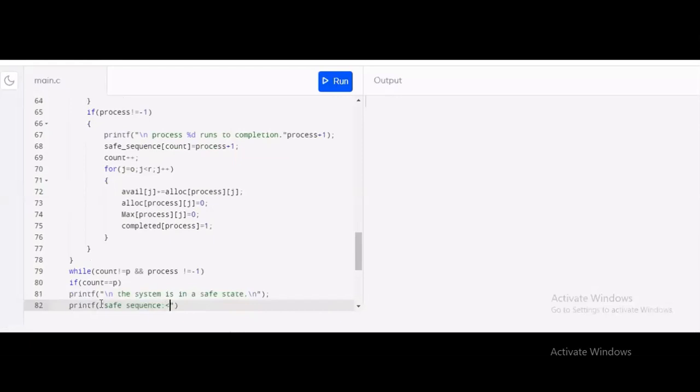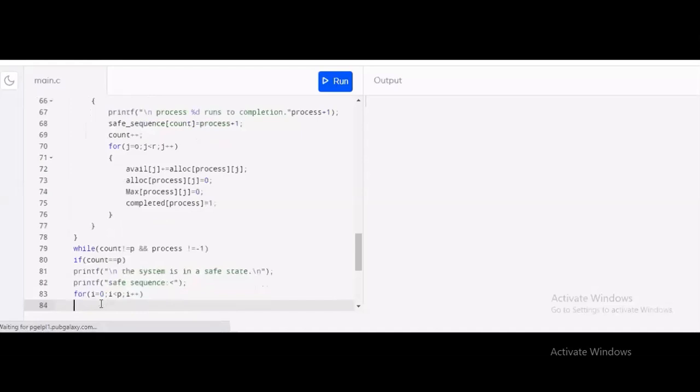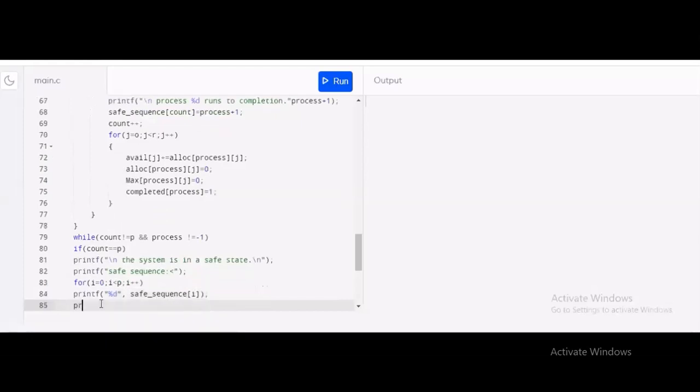To print this, I will use again a for loop: for i = 0; i < p; i++, again printf %d and the array of safe sequence, safe_sequence[i].